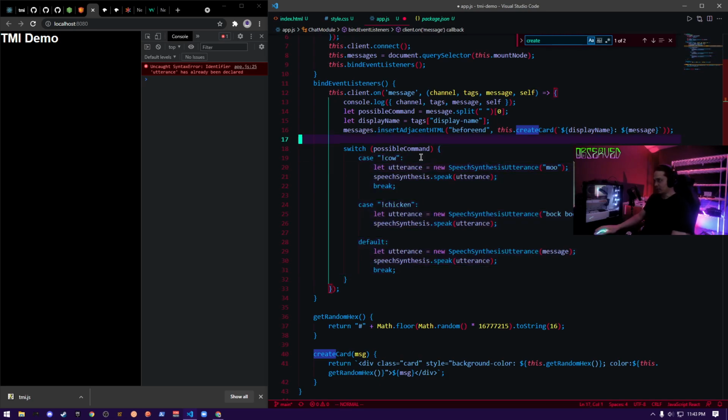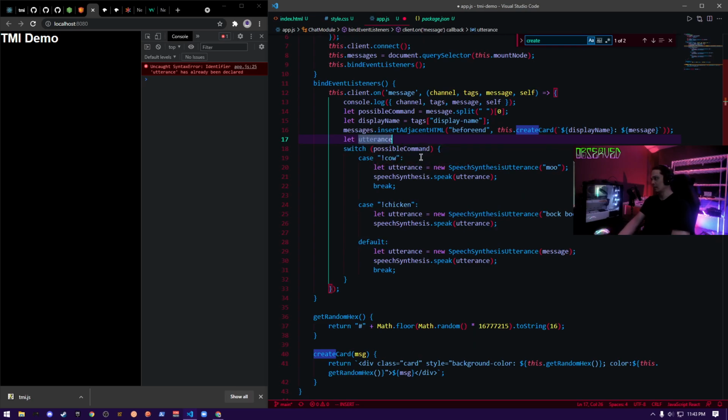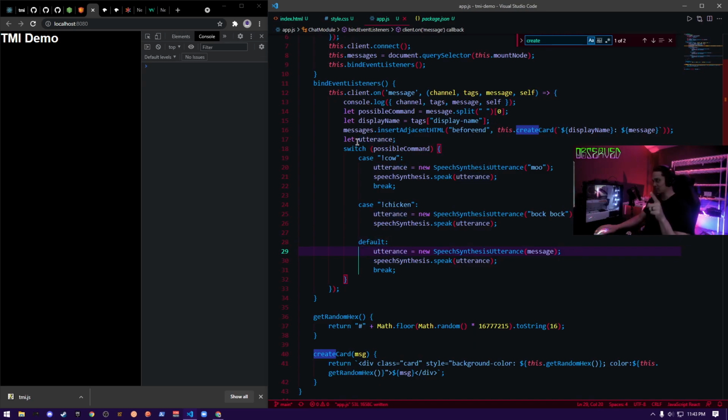So in order to get around that, we could actually declare utterance outside of the switch statement. Every time you use let, it's going to create an address in memory for this variable. If you use let again to try to declare it, it won't let you declare it again in this scope.